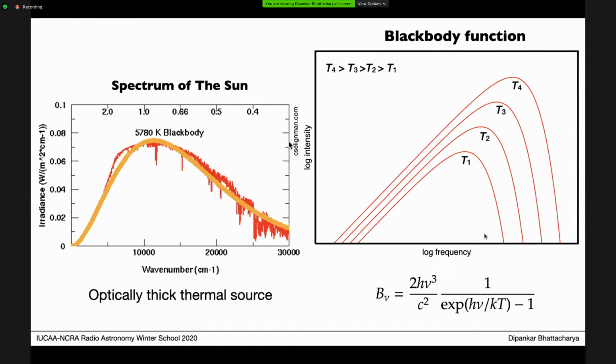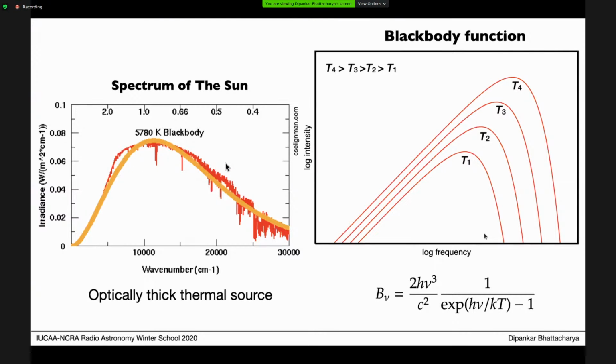Right. So what I show here on the left is the spectrum of the sun. If you measure it with an instrument as a function of wavelength, you can use a disperser and use different filters, whatever, use a grating, and you'll get a spectrum like this, which is shown in red in this left-hand diagram. It is approximated very well by a 5780 Kelvin blackbody, which is shown in the yellow line over here. However, there are some departures, on top of which there is some excess emission in the ultraviolet.